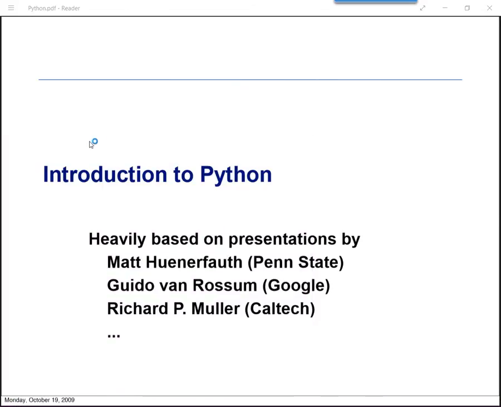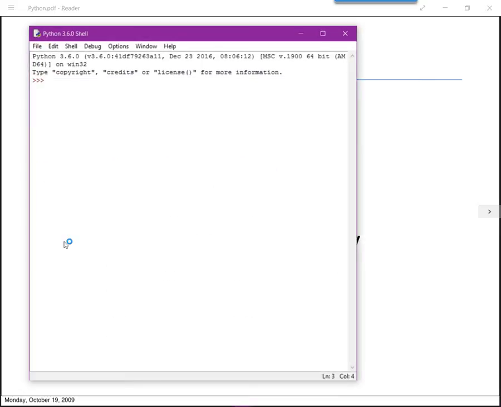So I'm going to go ahead and bring that up. It looks a little bit like MATLAB or Octave when you bring it up. But it's the shell, and we can use this to learn the language. It's very similar to the shell in